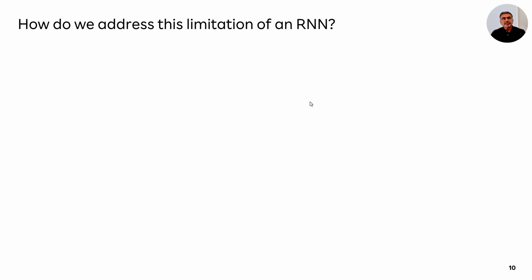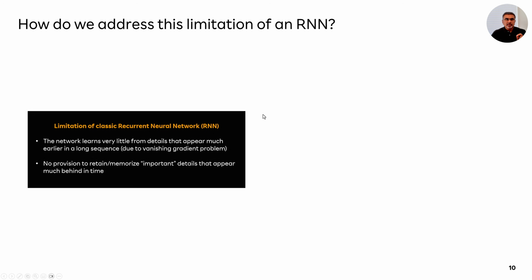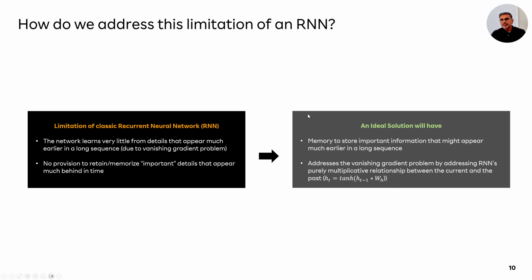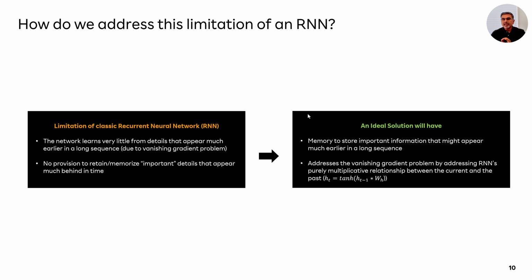So how do we address this limitation of an RNN, where an RNN learns very little from details that appear much earlier in a long sequence due to the vanishing gradient problem? And there is no way for us to store memory of important information that we can reference later as the sequence length increases. We do that by, number one, adding to an RNN a concept of long-term memory, where important information can be stored and referenced back later, and also by addressing the vanishing gradient problem by